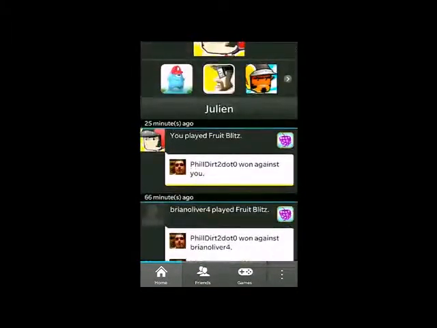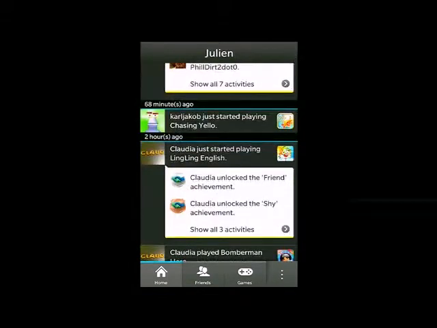What that does is social discovery, because when we looked at what we could do on BB10 to be different and fix a problem, the main problem that game developers have these days on other platforms is getting their game discovered. What it does here is show your friends what you're playing, so your friends can play this game with you. And that's what playing games is all about. Games are not meant to be played alone, right? So that's what we enable here.